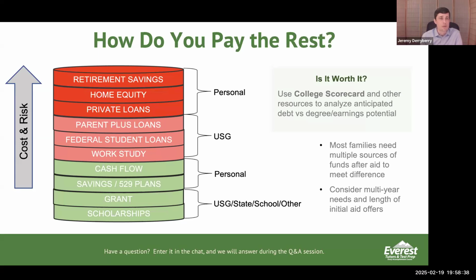A lot of parents will definitely try to cash flow, or then seek loans, or, if you have to, tap into something like home equity or your retirement savings. I would not want to see you in that position, but those are certainly options you can look at. There are creative ways to use things like retirement savings, like Roth IRAs, to help fund your child's education.